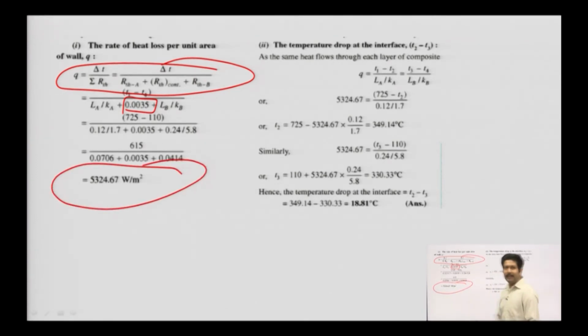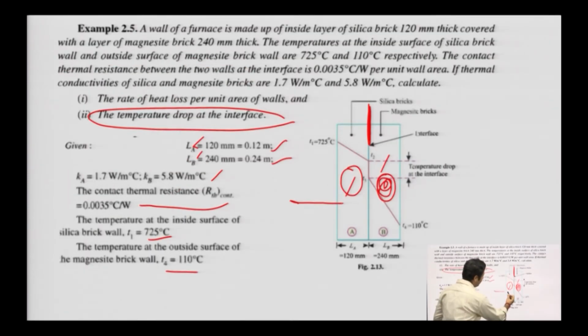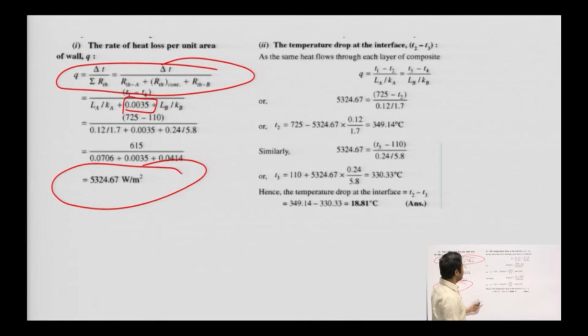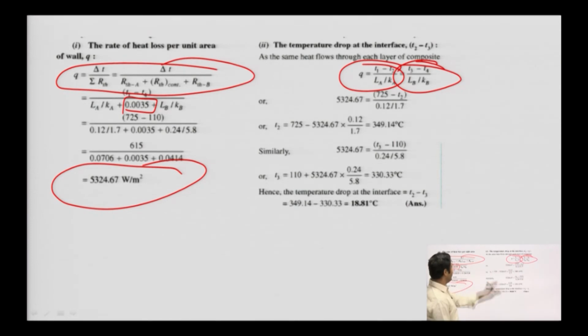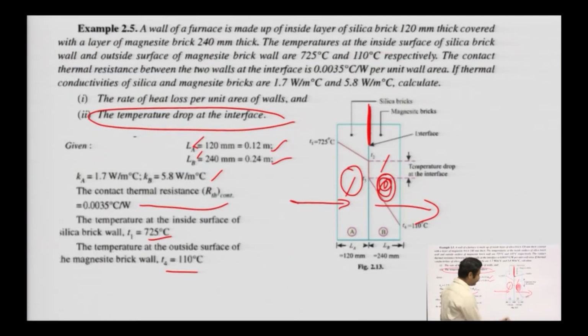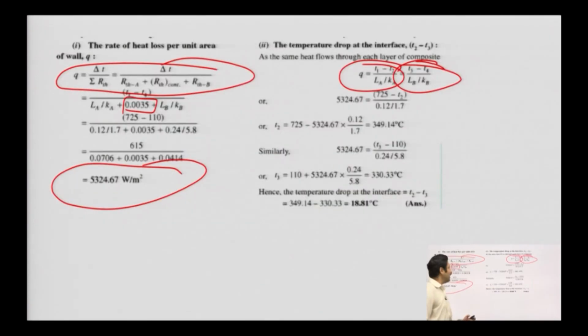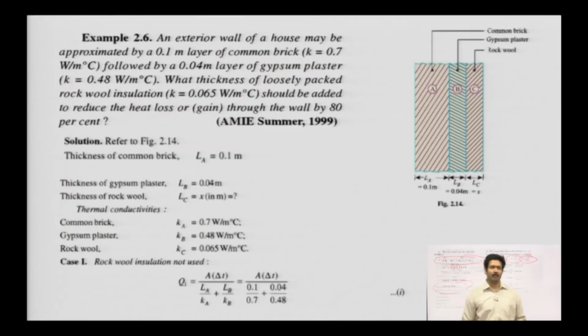The temperature drop at the interface, I have already told you, it is steady. So the heat that is coming here will go out with the same magnitude. So here it is T1 minus T2 by LA by Ka, and here it is T3 minus T4 by LB by Kb. So everything is there. This is the contact temperature at the interface. Just calculate with simple mathematics, you can calculate the contact temperature, okay. So this was again a kind of numerical for this thing, okay.